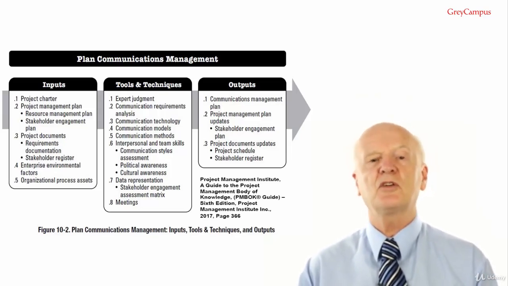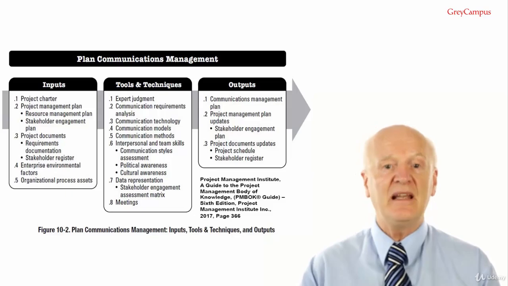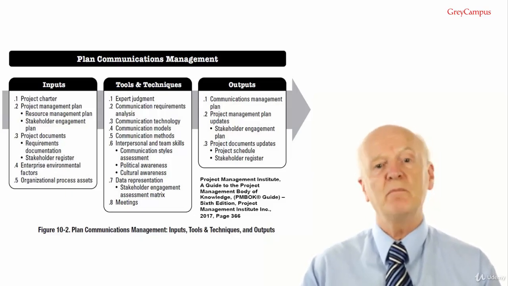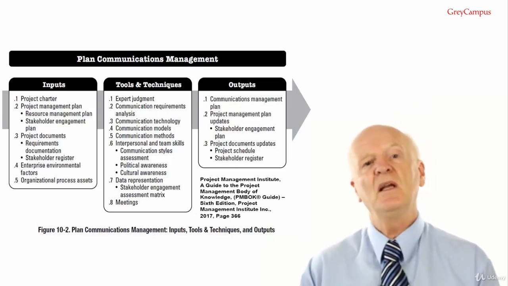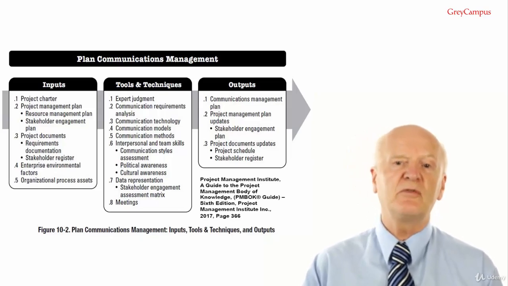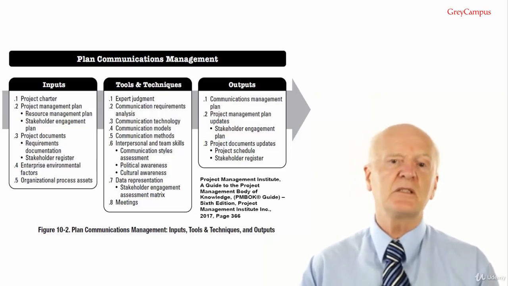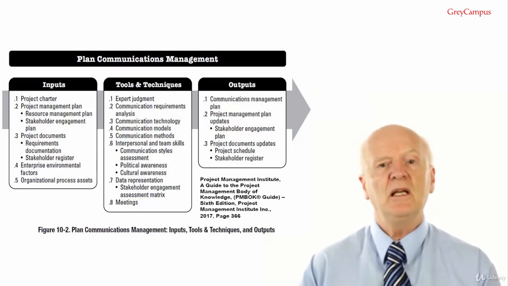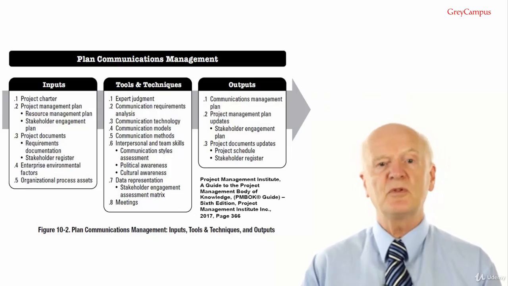Output number 3, project document updates, would include the issue log, the lessons learned register, which we've talked about many times. We'd have the project schedule. The project schedule may be updated to reflect the status of communication activities. There's a risk register because you might have come up with new risks associated with managing communications. The stakeholder register would be updated with information regarding communications activities with project stakeholders,